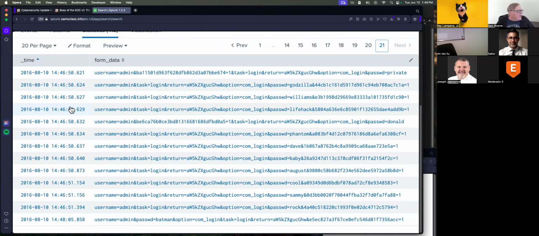Yep, because what happens is, see, here they are, many guesses per second, 50.87, 51.1, 51.1, 51.3, many, many guesses per second. Then there's a gap of about a minute and a half here, and then another login, and this login has a different structure. Username equals admin. Instead of having the password over here, the password is right there. So what happened here is we had an automated script making many guesses per second, and that was the total